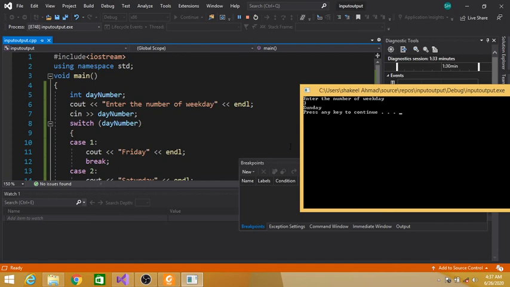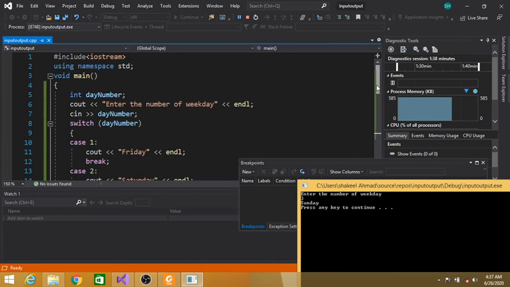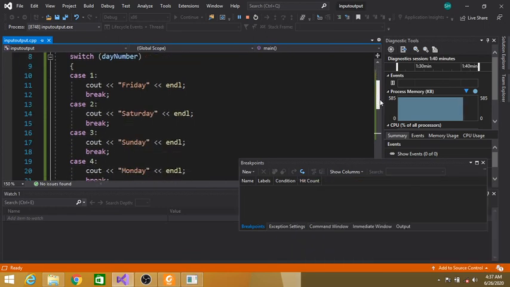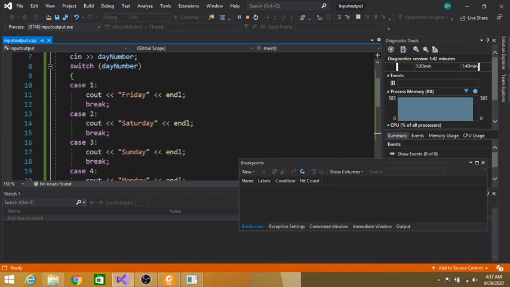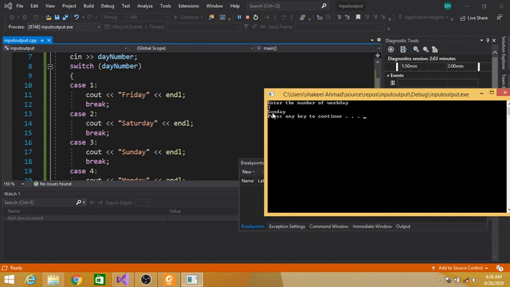No. So the control will jump to the third case, and the day number contains 3. 3 matches with 3, so this statement will be executed, cout Sunday. So that's why our program is showing Sunday, because it matches with the third case.